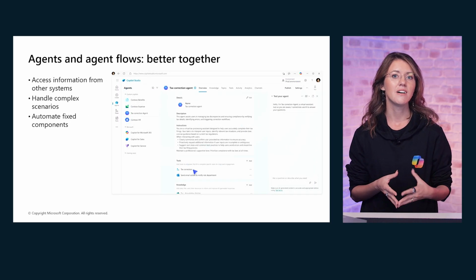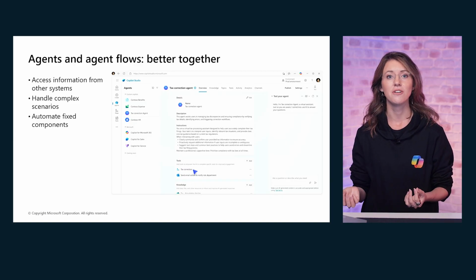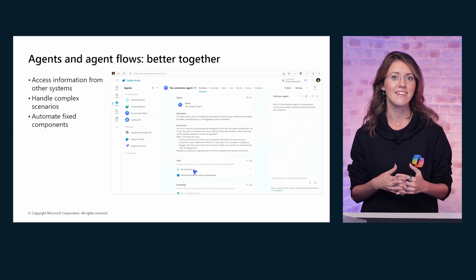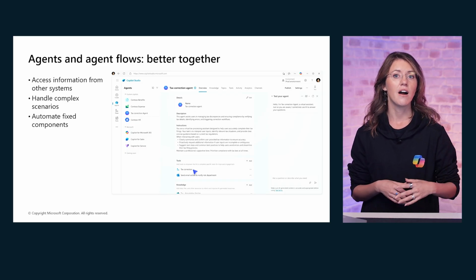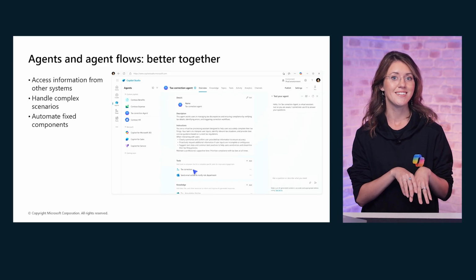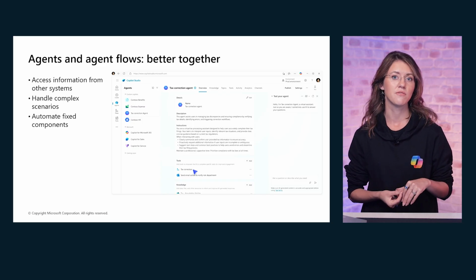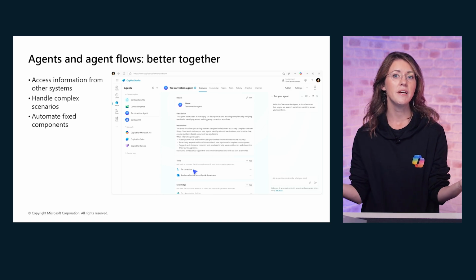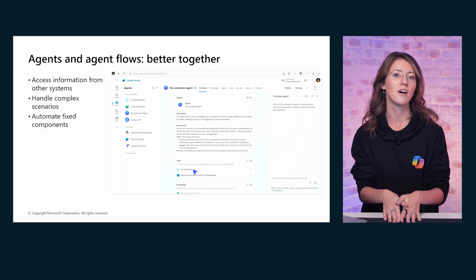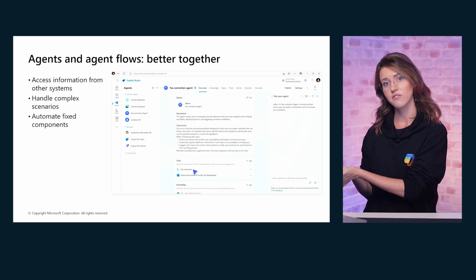In Copilot Studio, agents and agent flows work hand in hand to create a seamless and efficient system. Agents are like the brain of the operation, designed to access information from various systems. They gather data, process it, and make decisions based on predefined rules and logic. Agent flows,